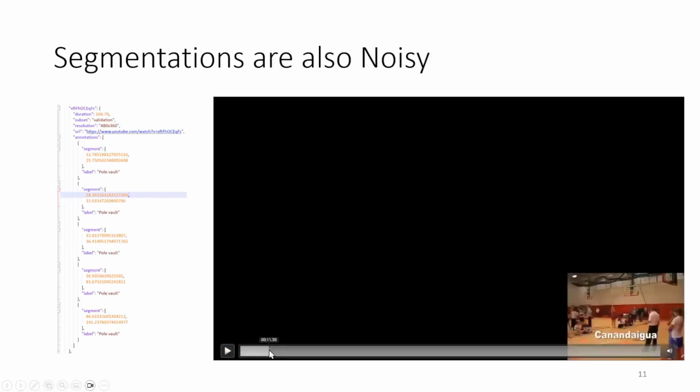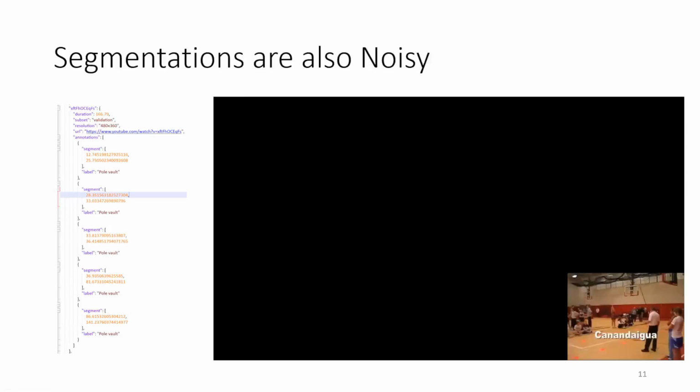Oh, so let me explain first. So this is the raw data. Okay, and if it belongs to a segment, I will show the segment in this large region. Okay, so that you can easily sense which is the beginning of the segment, which is the end of the segment. Let's go.